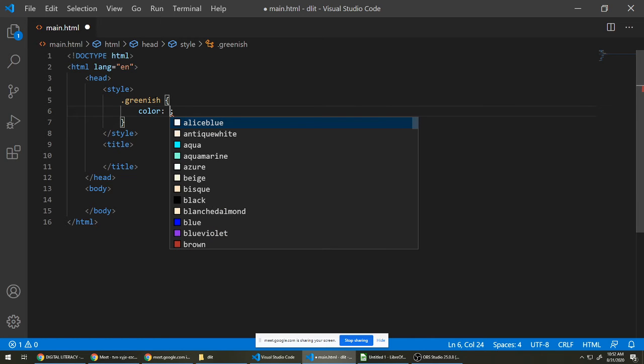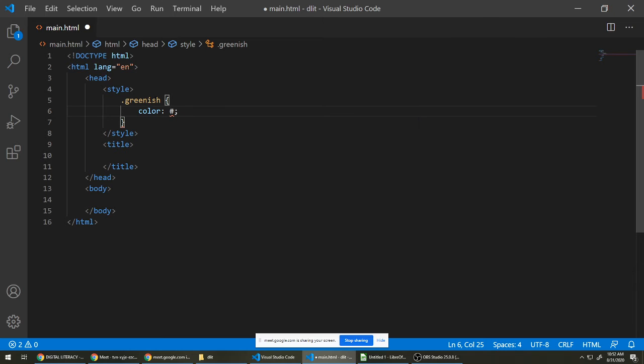So the CSS attribute color is going to set the color of text for things that have that class. So let's go ahead and say 01, let's say F1, and let's put a little bit of blue in it, so 44. So kind of a bright green. So this greenish, if I go ahead and say class,